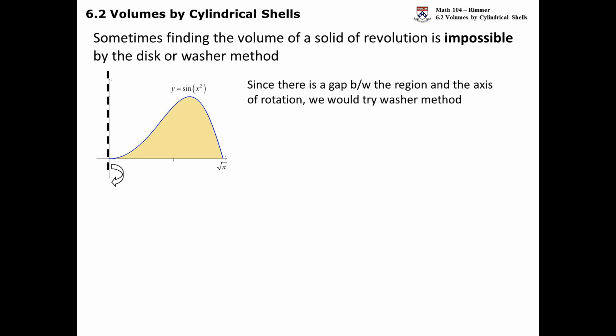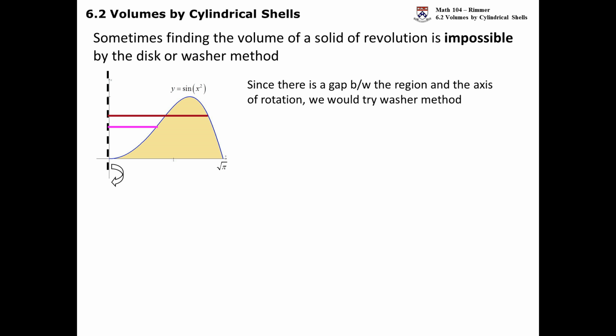Remember, the washer method requires you to find an outer radius and an inner radius. The outer radius goes from your axis through your region to the outside curve. And then the inner radius goes from your axis up to your region and its inside curve. What's the issue here? Well, there are a few issues, but one issue that probably ends up being the most problematic is the fact that